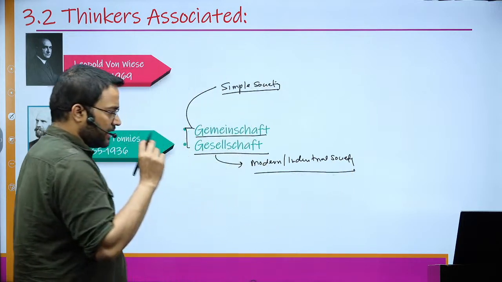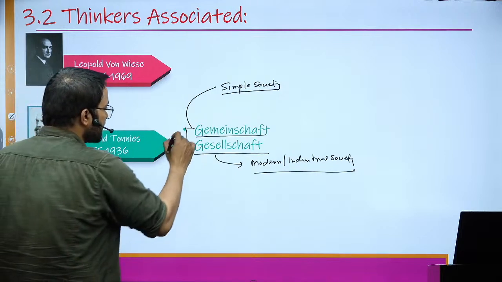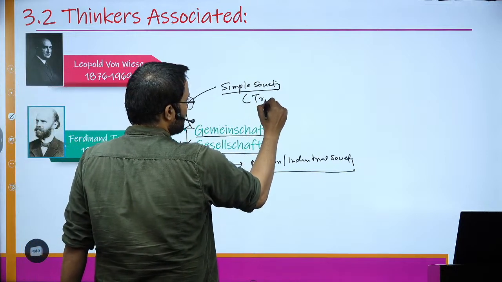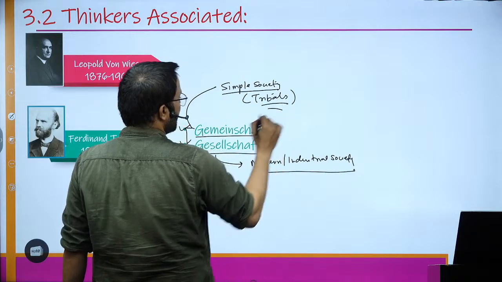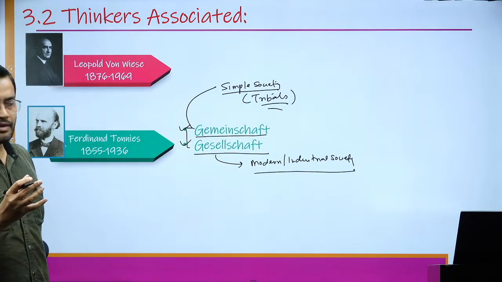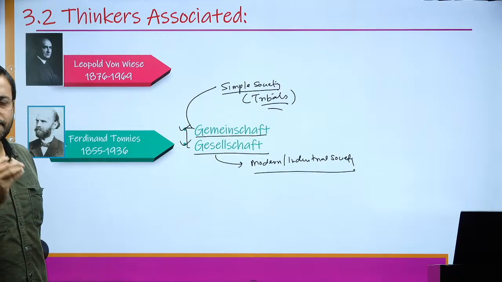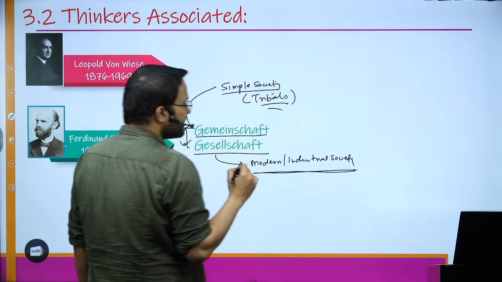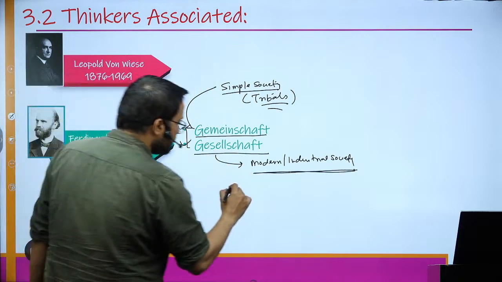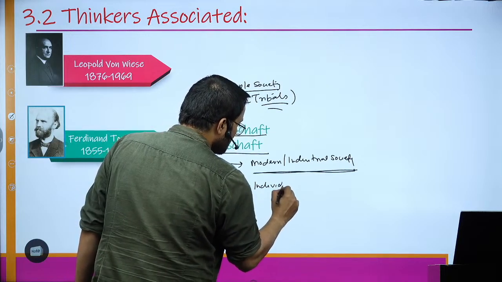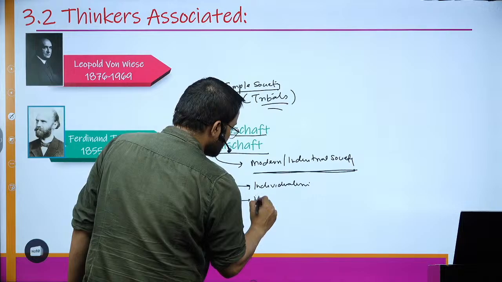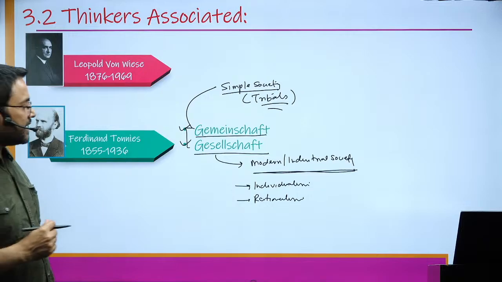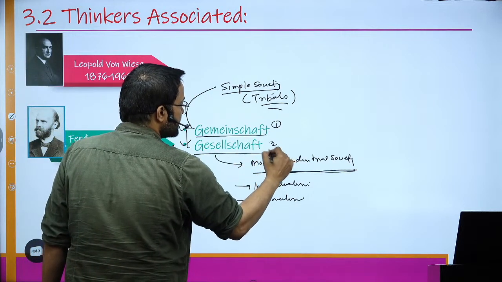So see, even right now, both these kinds of societies are existing side by side. In simple society, we can say the tribals are living in a simple social structure, a very simple commune living, a joint family system. And right now, so many people are living in a modern industrial society where there is individualism, rationalism, like this. So when you talk about these things, different kinds of society are existing.